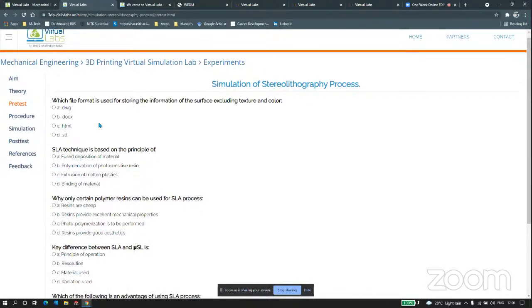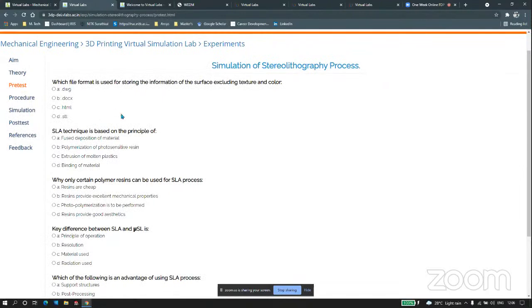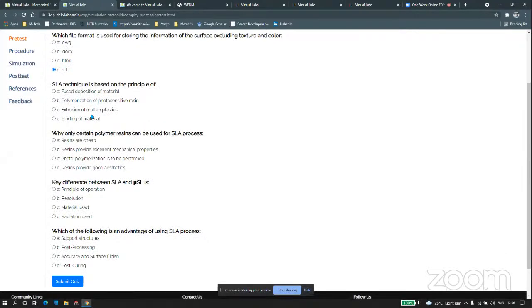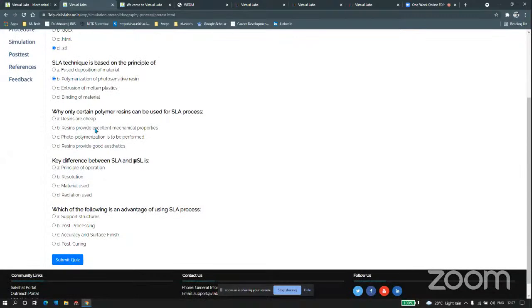the quiz part. So here I'll answer a few questions. Which file format is used for storing the information of the surface excluding texture and color? So here the format is STL. And the SLA technique is based on the principle of polymerization of photosensitive resin. So why can only certain polymer resins be used for the SLA process? Because